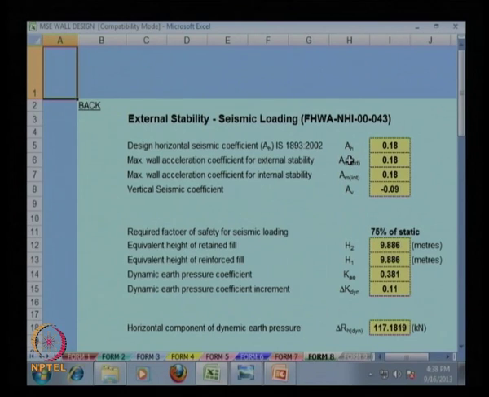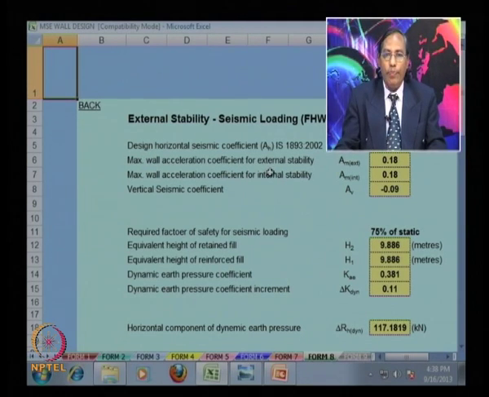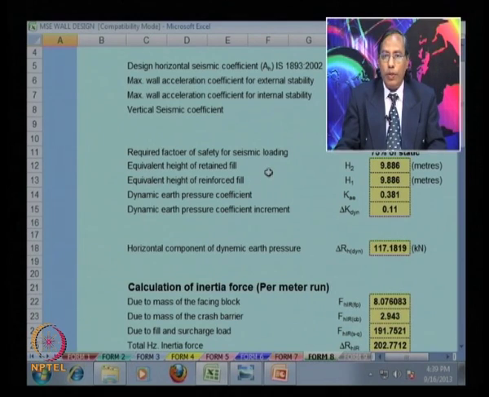We are taking the AH value as 0.18, and the maximum wall acceleration coefficient for external stability, that is AM external, is 0.18. The maximum wall acceleration coefficient for internal stability, that is AM internal, is 0.18, and the vertical seismic coefficient AV is minus 0.09. Now the required factor of safety for seismic loading comes about 75% of the static